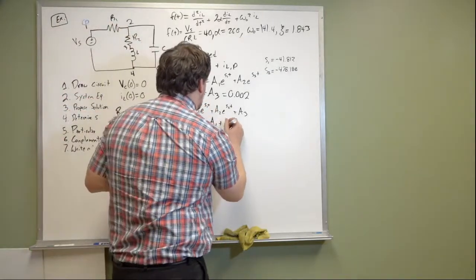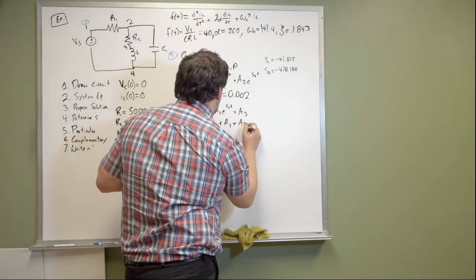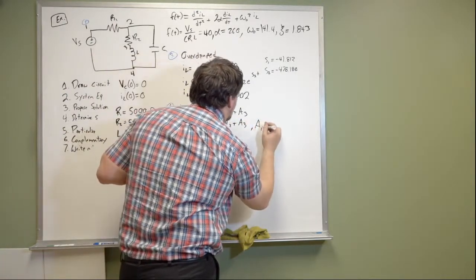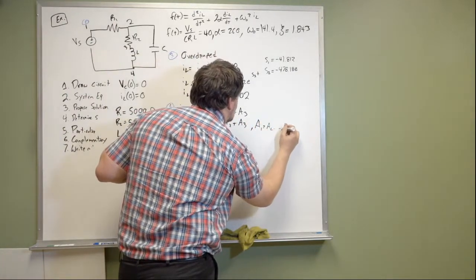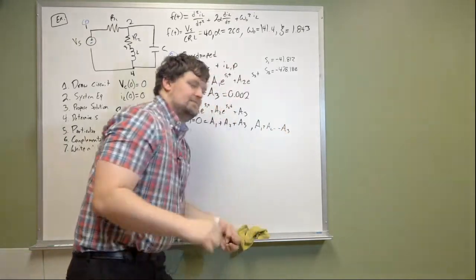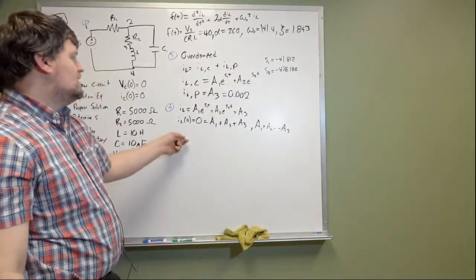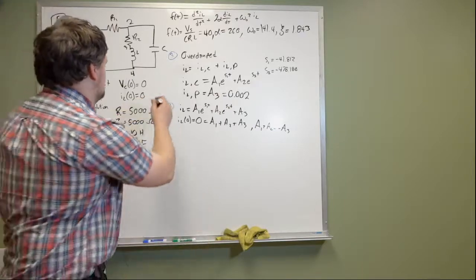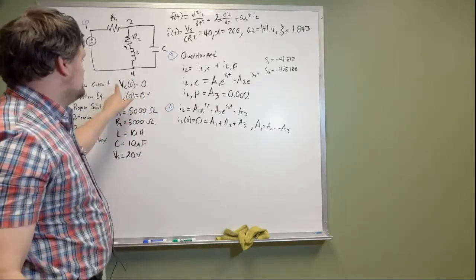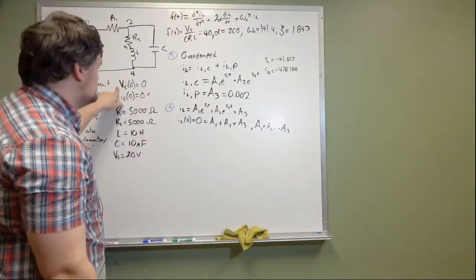So this ends up being A1 plus A2 plus A3. Here A1 plus A2 is equal to negative A3 based on the initial condition that we have. Now that's one initial condition. We've done this one now. Ta-da! We do have to do this one. Now how do we solve for